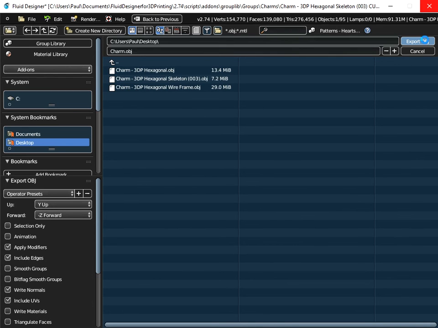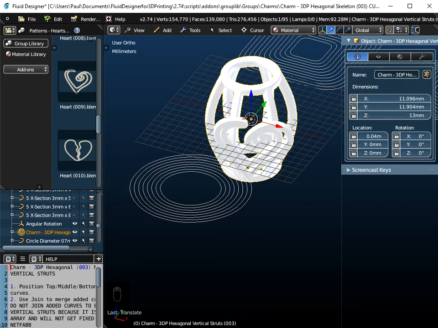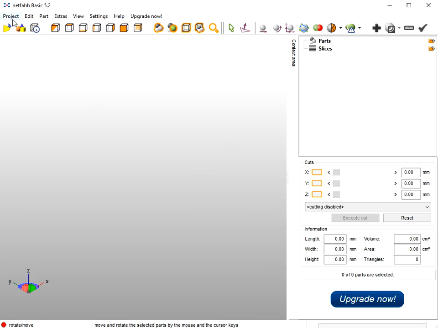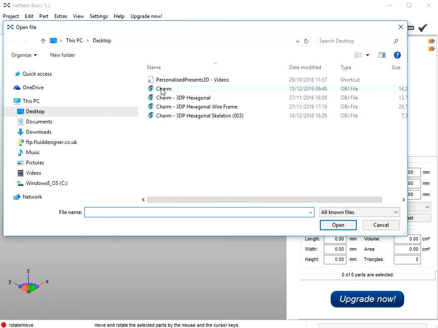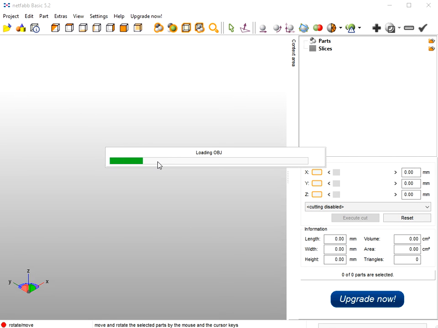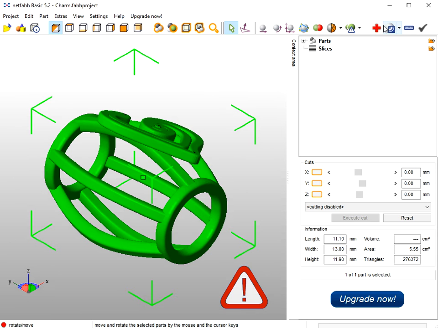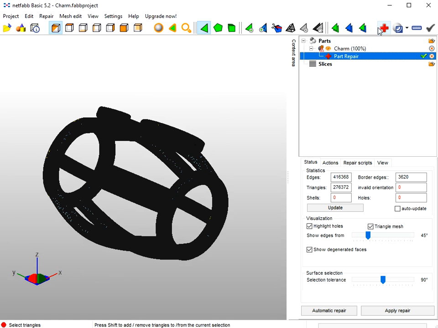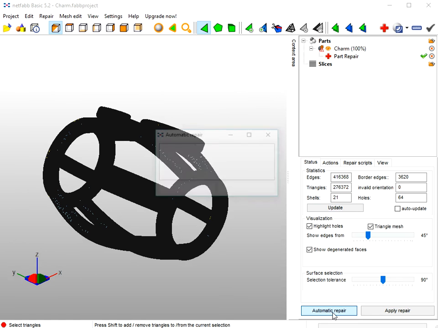And once that's saved to the desktop, you always must go to Netfab Basic and make sure you run it through the repair procedure in Netfab Basic. So I'm just waiting for that to save. And so I go to Netfab Basic, and if you just go to Project and Open, I just want to open the charm object. Now, because we've used parametric smart objects here, Netfab should be able to fix any problems that we've got with this. So you can see there is a warning red triangle, but if I just run through the procedure here and run the automatic repair,